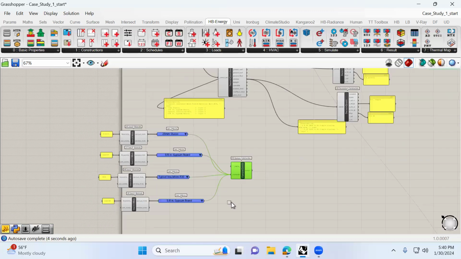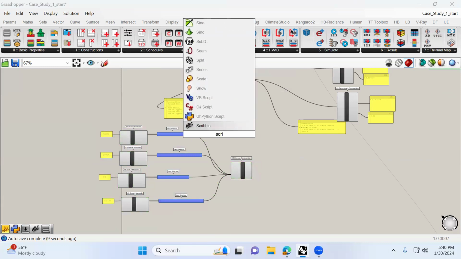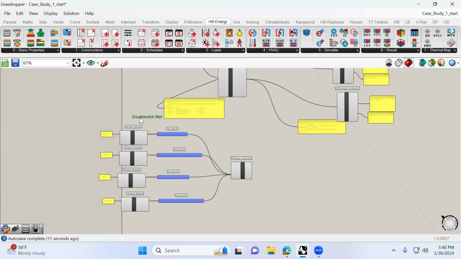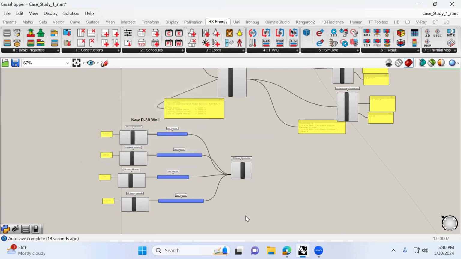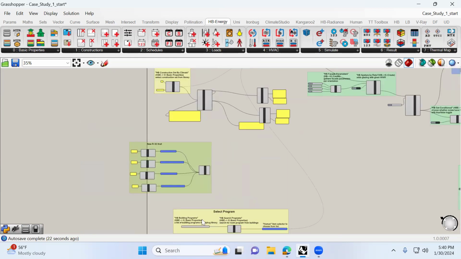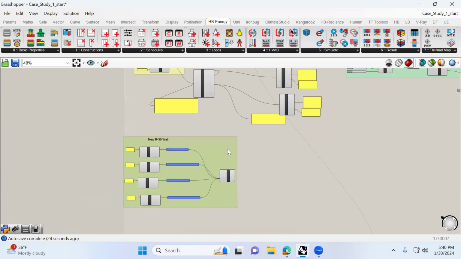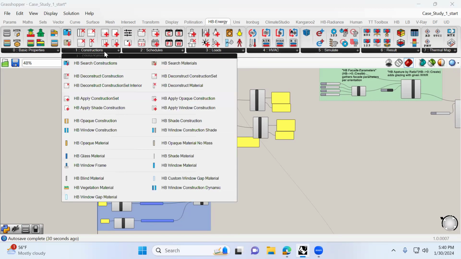Then I'm going to group this. Actually, I'm going to bring a scribble. And I'm going to say new R30 wall. So this is my new assembly. And I'll group this over here. And now I can apply it by using a few components. You have to go to Honeybee Energy and then,